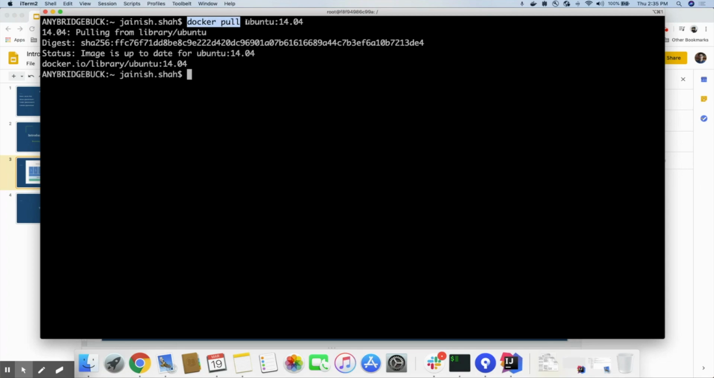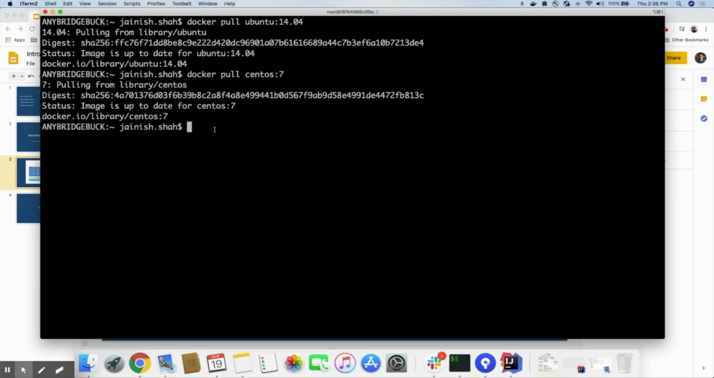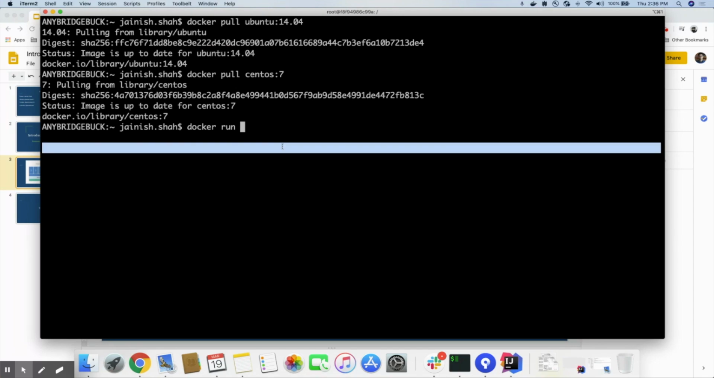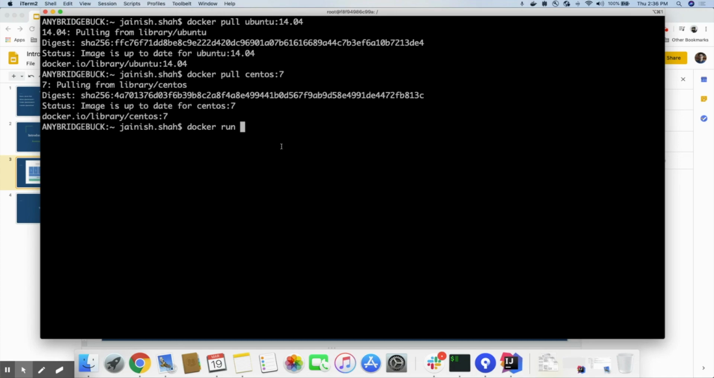And also I would pull CentOS as well, just to show you how we can run multiple containers on the same Docker daemon. I am going to run two containers parallelly. So let's run the Ubuntu container first. Now I want to run it in interactive mode, so we can get exec inside the